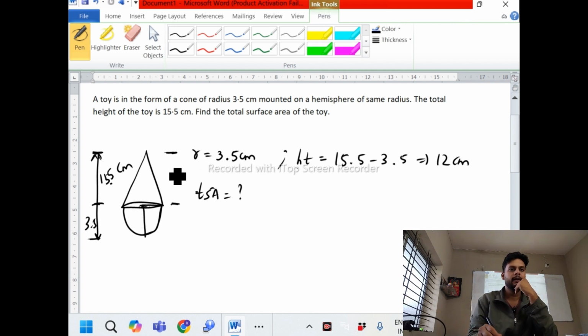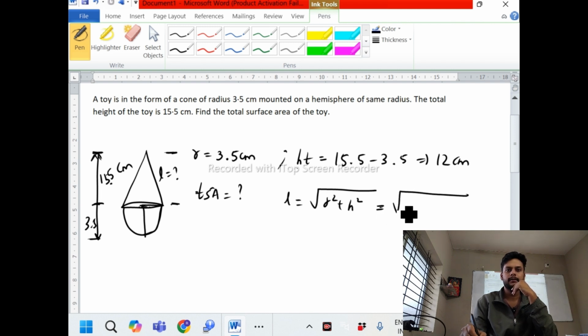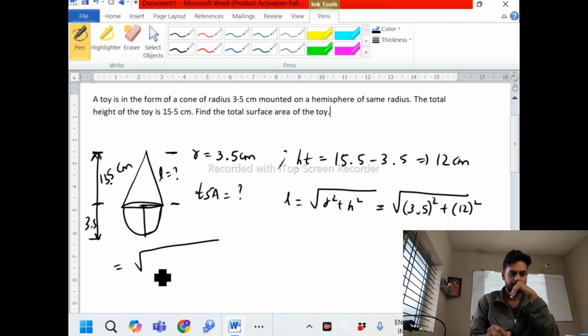Now I know height, I know radius. Do I know L? L I should find. L is equal to square root of r square plus h square. R is 3.5, whole square, plus h square. H is 12 square. So what will I get? Square root of 3.5 times 3.5, which is 12.25,